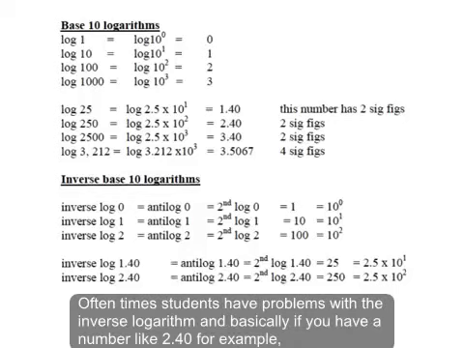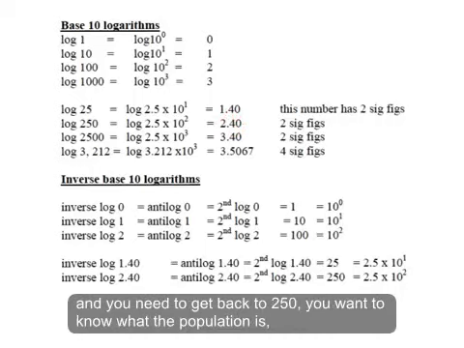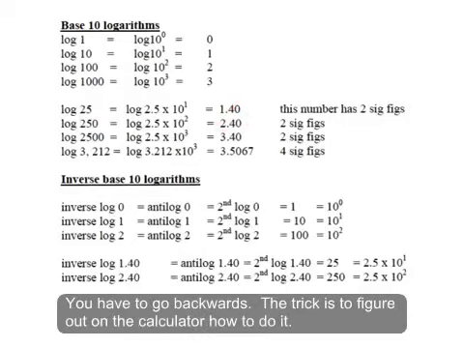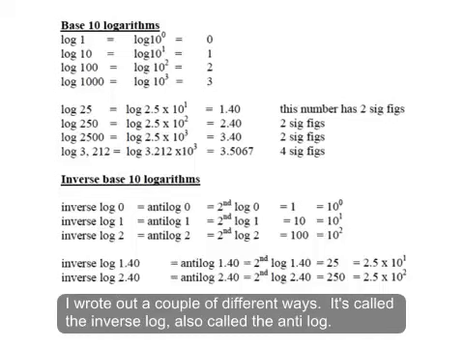Now, oftentimes students have problems with the inverse logarithm, and basically if you have a number like 2.40, for example, and you need to get back to 250, you want to know what the population is or the concentration is if you've been given a number in its logarithmic form. So you want to go backwards. And the trick is to figure out on your calculator how to do it, and I wrote out a couple of different ways. It's called the inverse log,